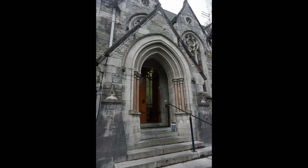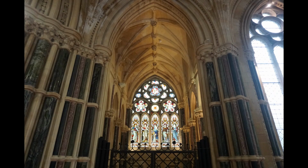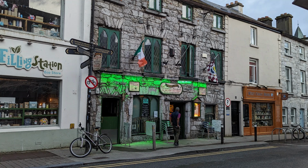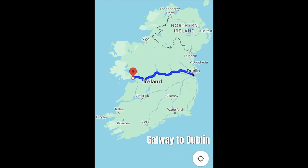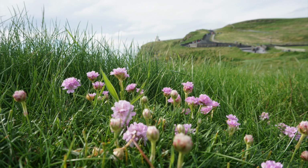Then we headed back to Galway to pick up my uncle and we ate at Finnegan's. Super good. Day 9 was our last day. We traveled from Galway to Dublin, caught our flight home. Before we got on the flight, we were able to walk around Trinity College, and I do recommend going back to see that, as well as the